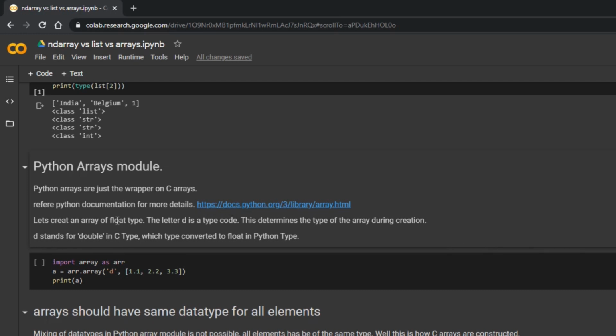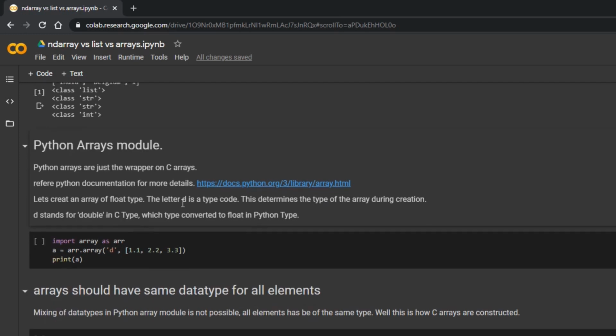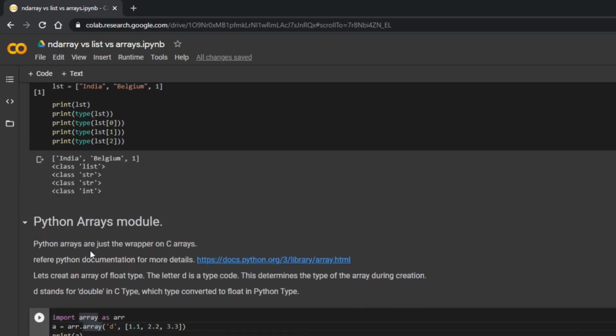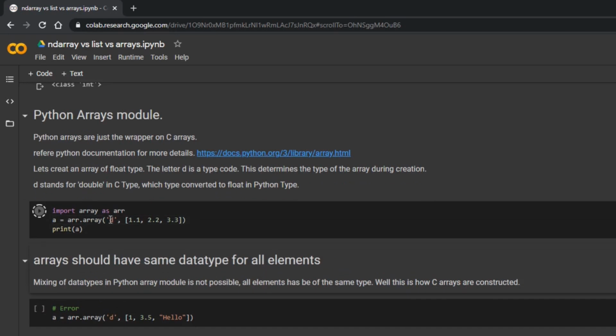Here, let's create an array of float type. Remember, whenever we are declaring an array using the arrays namespace, we have to specify the data type of the C style array. So here in this case, D is nothing but float data type. Let's look at the documentation of this array. Let's run it.